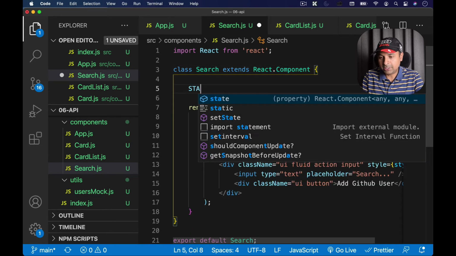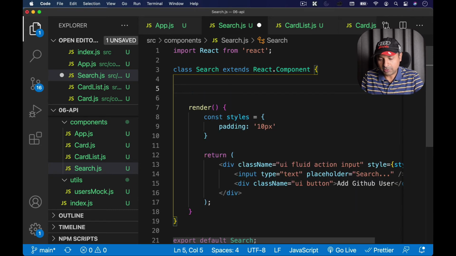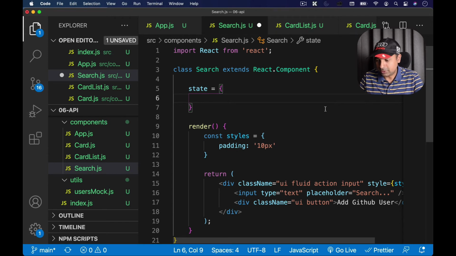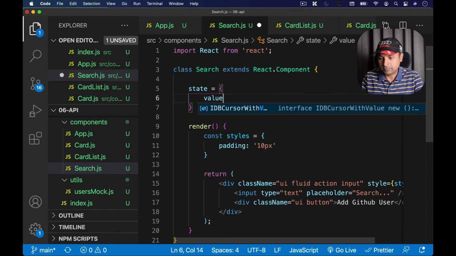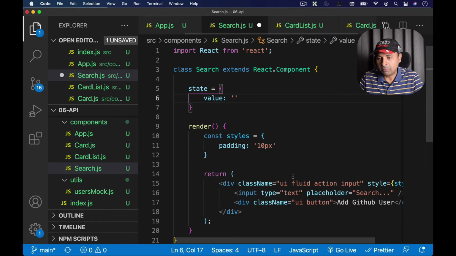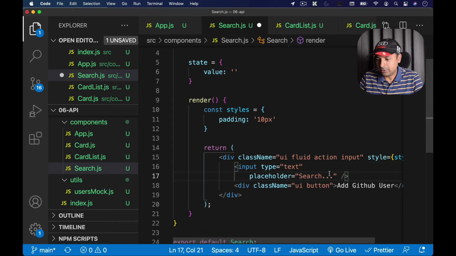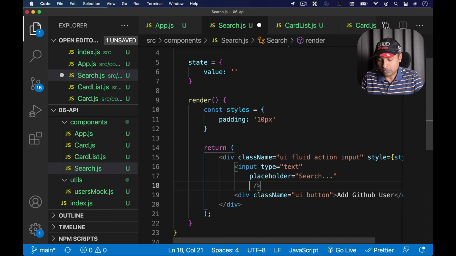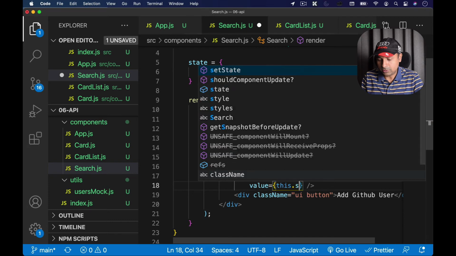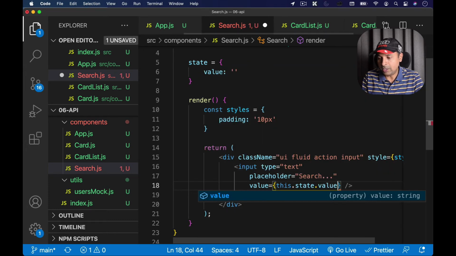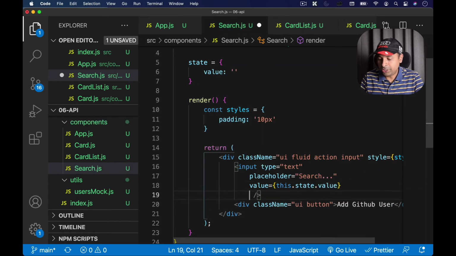I need to have a state. It's coming capital State. And I'm going to maintain state for my input, this search input, right? So I'm just going to have a value here, and that value will be empty initially. And I'm going to pass that value here inside my search. So this will be value equals this.state.value. And onChange,